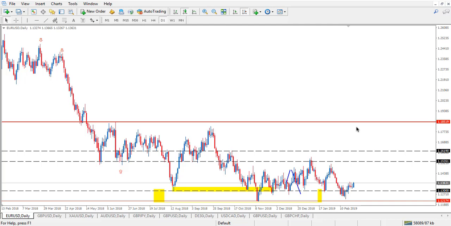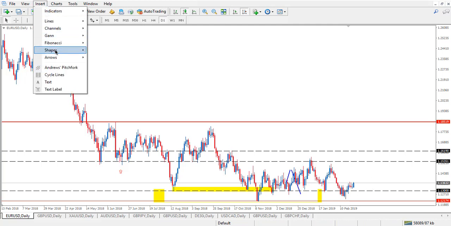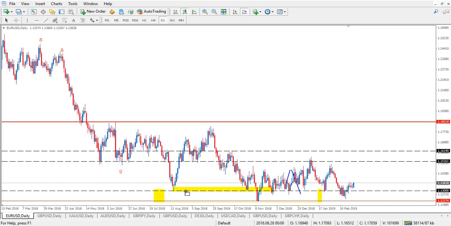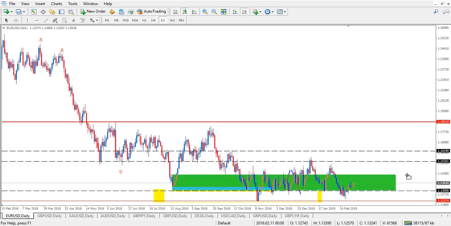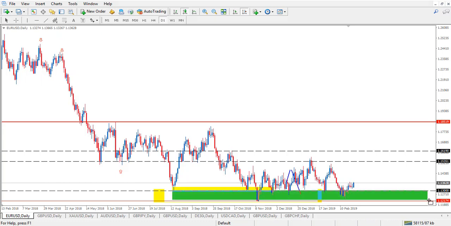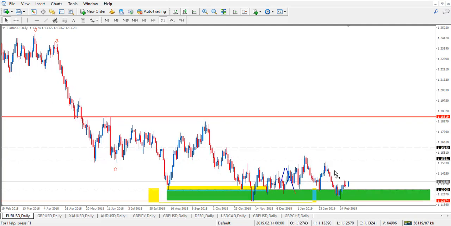As usual, we're going to start with the euro against the American dollar on the daily time frame. As you can see here, just like what we mentioned last week, the pair is traded above a strong support area. Let me highlight it for you. So this area is located between 1.1217 to 1.13. This is where we want to find some bullish evidence so we can go long, targeting